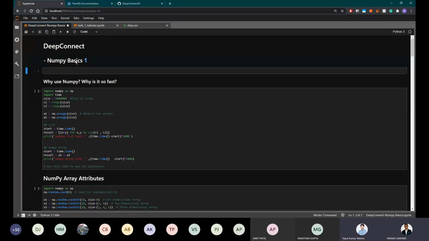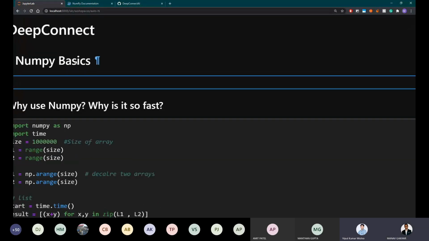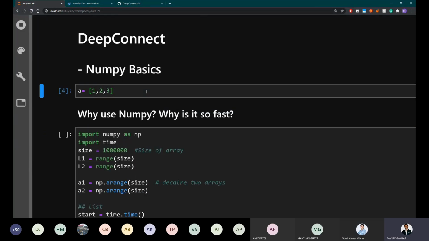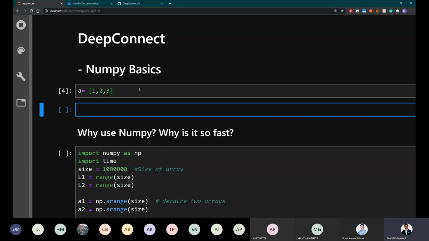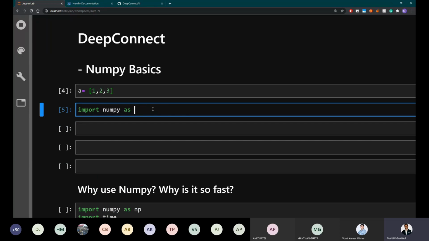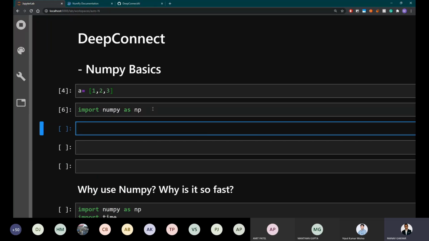Anand, could you zoom in a little bit because it's not very visible? Yes, of course. So in Python, when you make an array, it's usually like this, right? So why do you need NumPy to make an array? Let me use import numpy as np. This is the most popular scheme. Everyone imports NumPy as np, it's just how it is. You can import it as anything, you can import it as fp if you want to, but np is pretty popular.